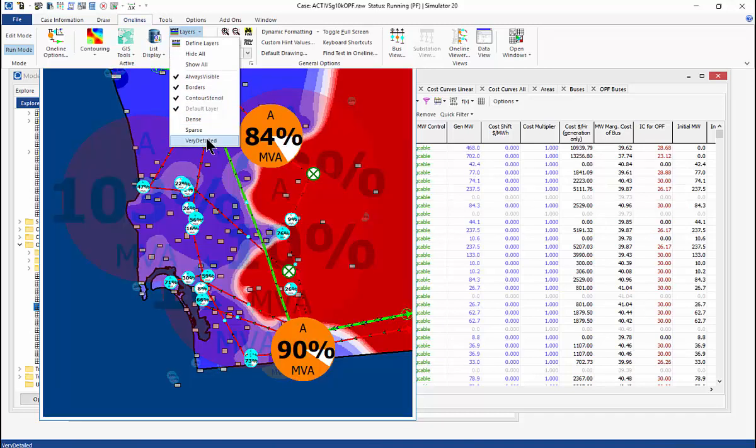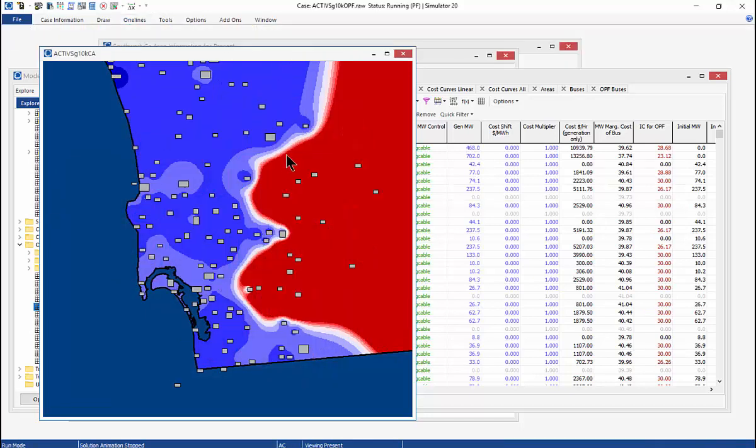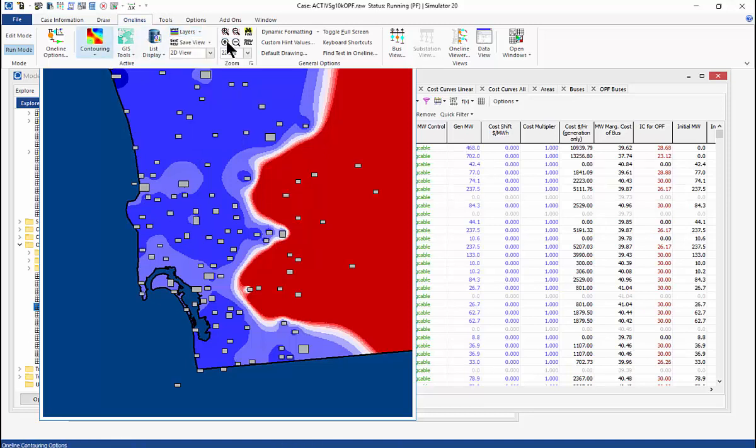Yeah, if we turn some of these layers off, it kind of declutters the display a little bit. And you can see that boundary a little bit. So I turned off always visible, dense, sparse, and very detailed. Just left these three. And then what we can do with our dynamic formatting, as described on the slide,